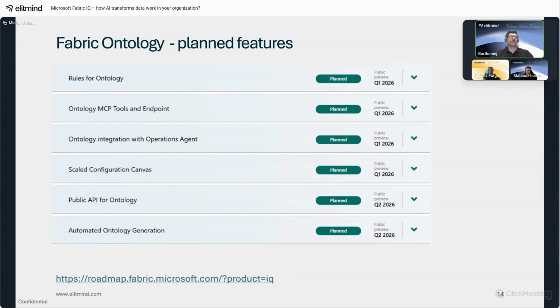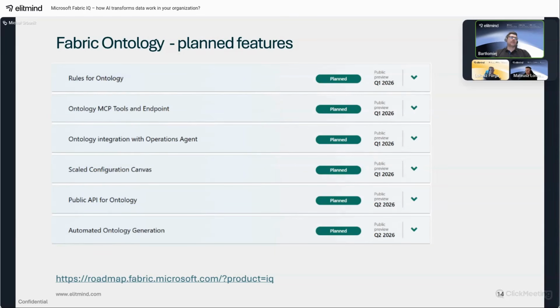And the last slide in this section shows the planned features for Fabric ontology. As you can see, there are 6 features which are planned for next quarter. So the ontology rules, the ontology MCP tools and endpoint, also the integration with operation agents, scaled configuration canvas, which provides some user experience enhancements in the ontology UI, and also enabling the public API for ontology item management.